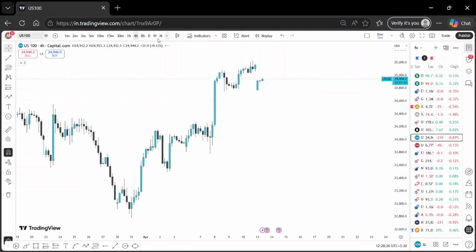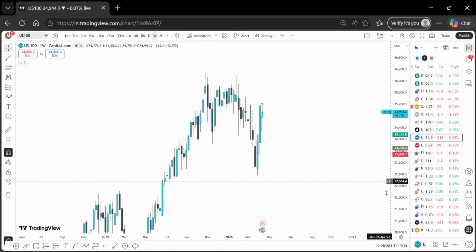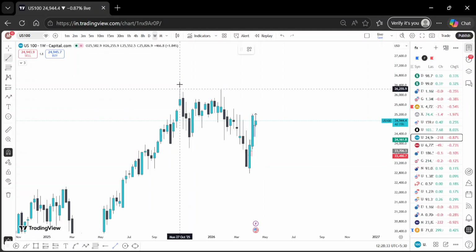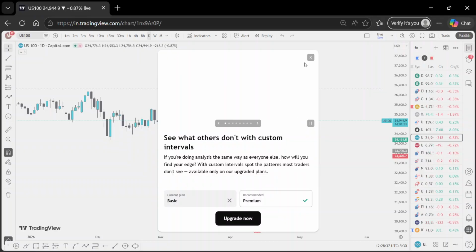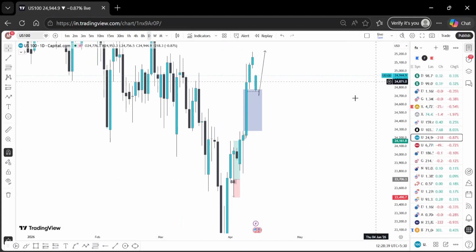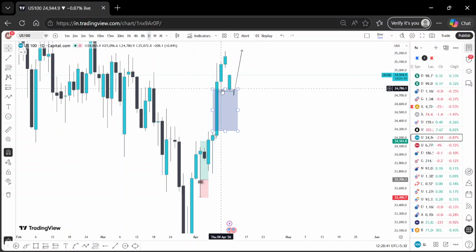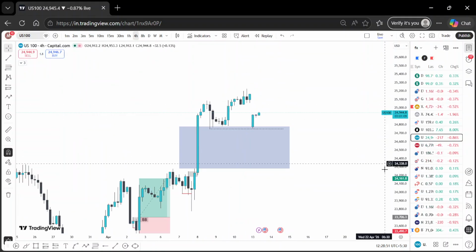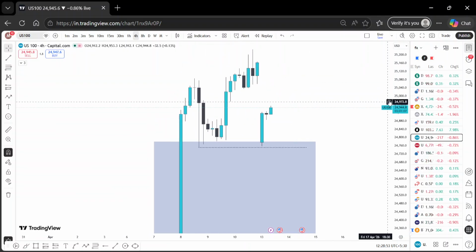And NASDAQ US 100, I'm definitely bullish. I want these highs to get taken out, equal highs. Now let's go to the daily time frame. Price has created a daily bullish fair value gap. Price has tapped into that. So two scenarios. From here, only one scenario that we are going higher. Let's go to 4 hour and I'll show you the other scenario.